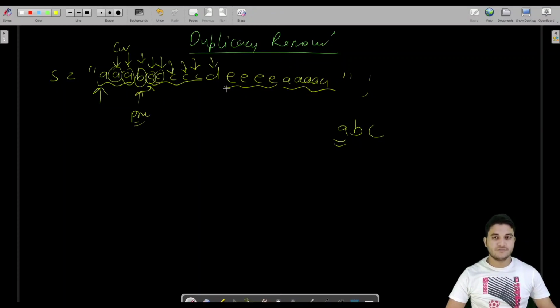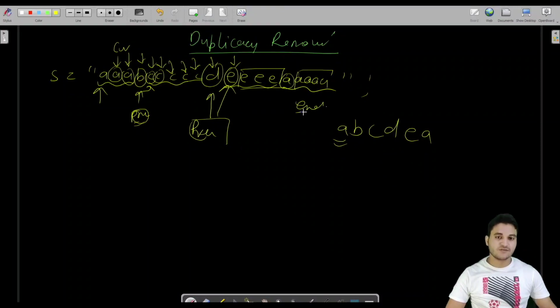Now we are here. If we are here, we compare this d with c. If it is equal to c, no, then we choose d. So now previous would be pointing to this d. Now let us suppose we are here. This is current. If it is equal to d, no it's not, then we choose e also. If you understand the concept, you already know no further e will be picked up here, and previous would be pointing to e. Now we are on a's. If a is equal to e, no it's not, then we choose a, and no further a will be entertained. So this is a very simple algorithm.